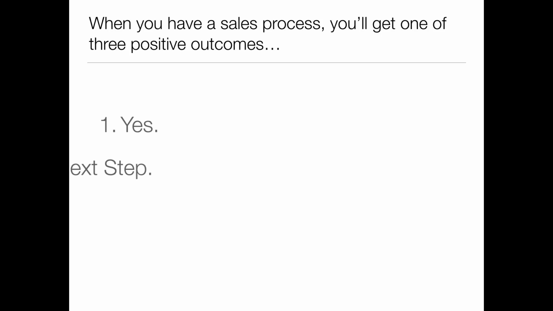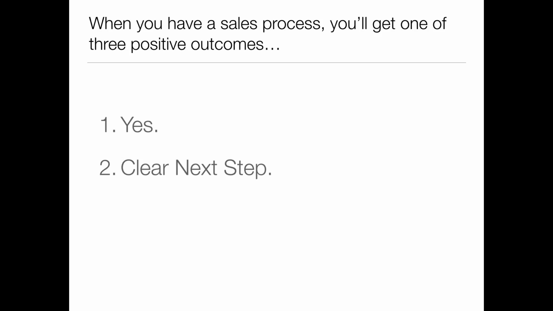So anything that you do in your organization, when you take on a client, you have a process that you go through. What's interesting is we don't often have a process that we go through to find a client, and we don't have a process to go through when we're trying to get a client. So one of the things I want you to understand in having a sales process, which we're going to talk about, is there are 3 positive outcomes when you have a process in selling.